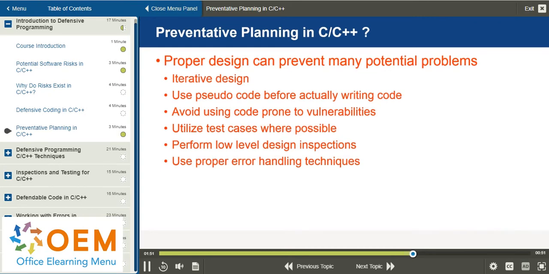Utilize test cases. You have specific test cases so you know exactly how you're going to test various aspects of your code. Low-level design inspections are absolutely critical. Someone actually looks at the details of your software design, at each element of it, not just the big picture. Big picture is important, but you have to do a low-level design inspection. And something that I often emphasize in my own